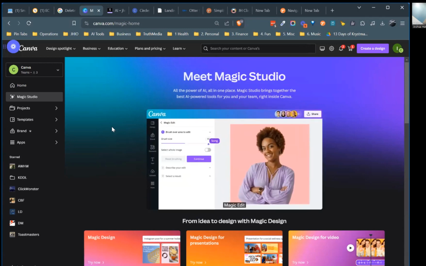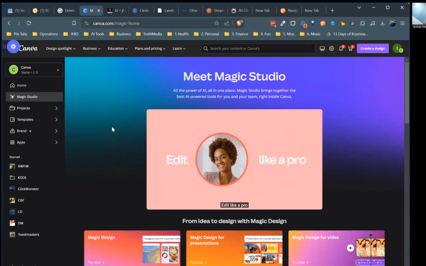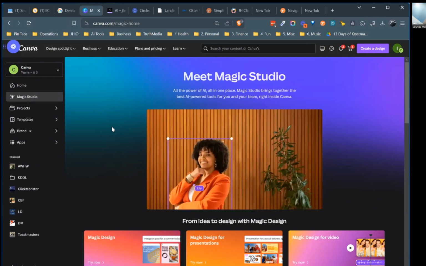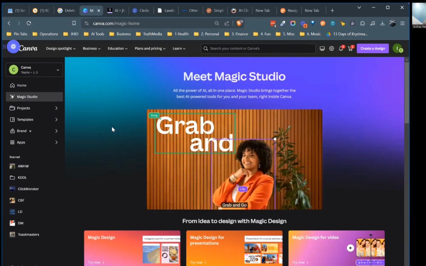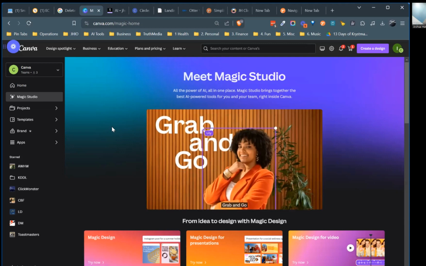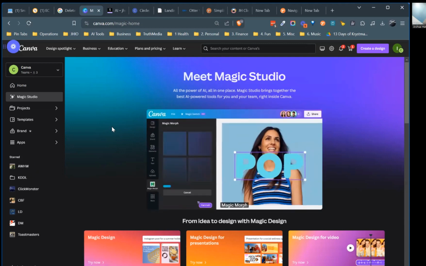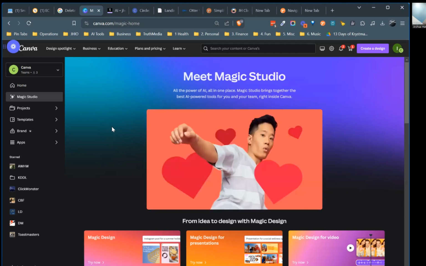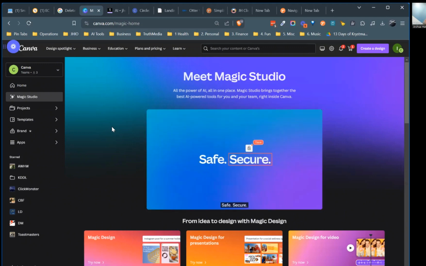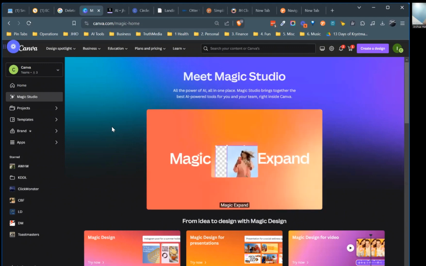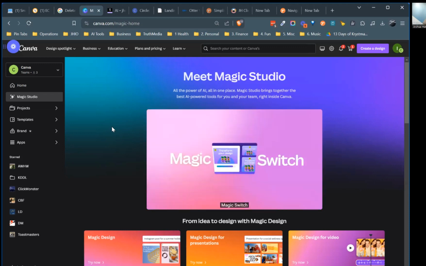But you can see all the new capabilities, all the new tools that will fill in the background. You can grab any object now, move the object around, and then it fills in the background. To do this five years ago with Photoshop was above my pay grade. Making it look good, making it look clean, was more difficult than I was ever able to figure out. But now with Canva, your average business